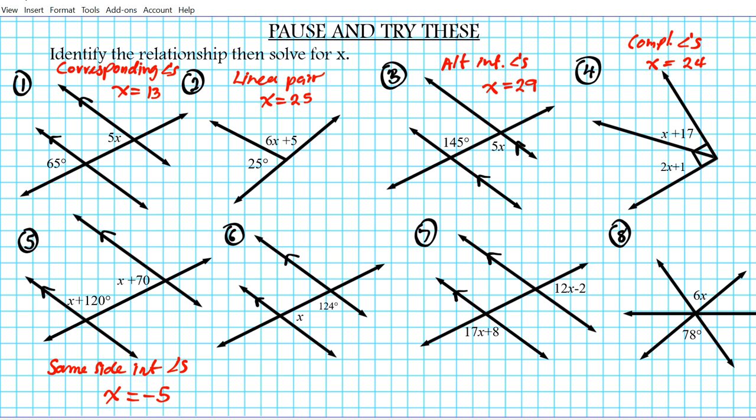For question number 6, these are also same side interior angles, and x is 56. For number 7, this pair right here, these angles are same side exterior angles,